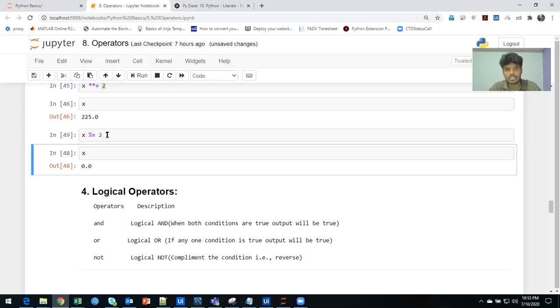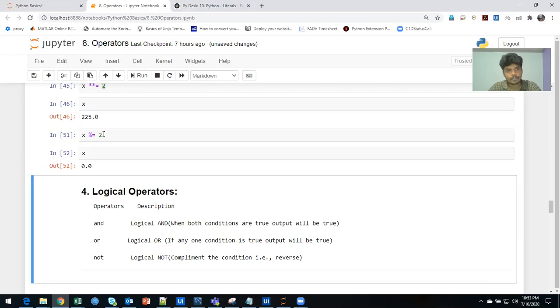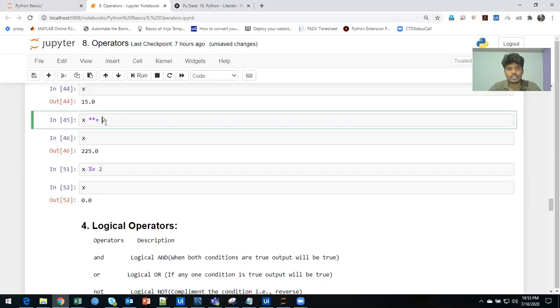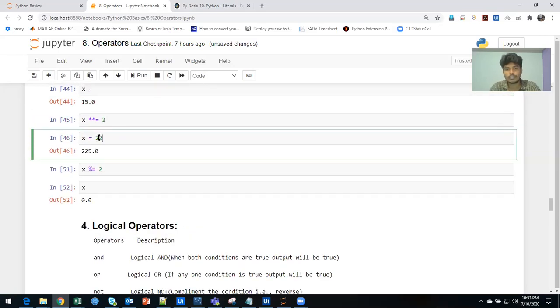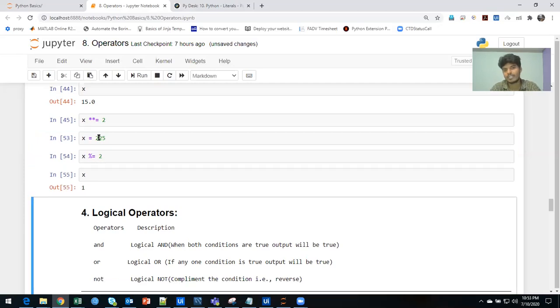We will get 1 as a remainder. But is this not okay? Previously x was 5, right? So if I assign x = 225 again, the reason is that x became 0, so you won't get a value. The assignment assigns back to the same variable. Previously it became 0, so if I try to do the remainder with a percentage, I won't get any value because it's already 0. If I now give 225 and try it, it is going to give you the remainder 1, right?